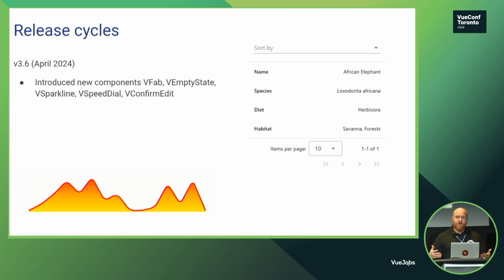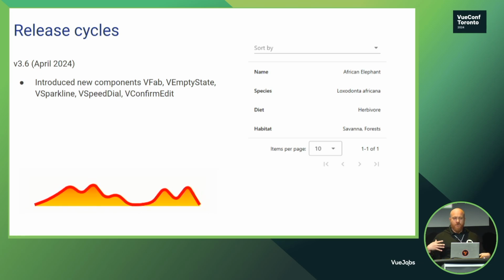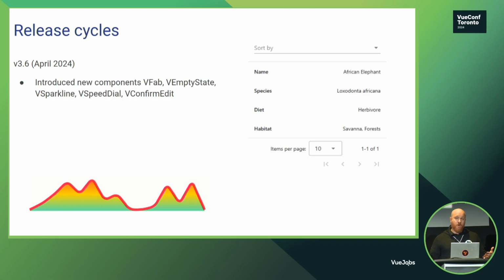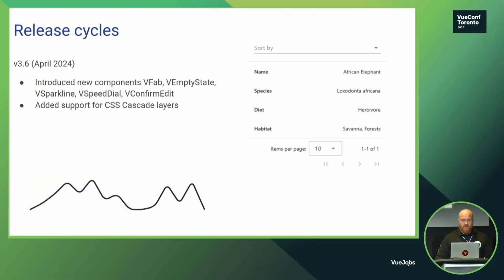So if you want to have a model or a set of data that the user is going to change and you want them to be able to confirm before you persist that to the model, that's what this component is used for. We also made, and this is kind of an under-talked about thing, but we added support for